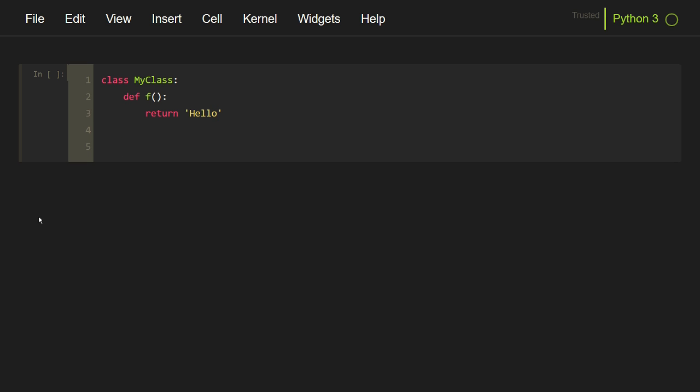To make this function a static function, we will use the same name of the function and call the staticmethod function and pass the same name of the function again. This will transform this function to a static function. Now I can use myClass.f without creating an object of this class, and it will return me hello.